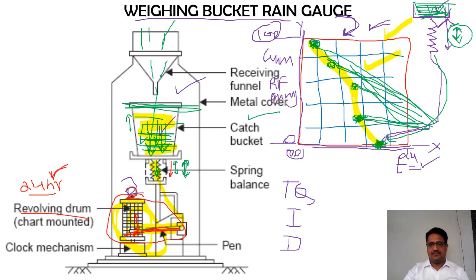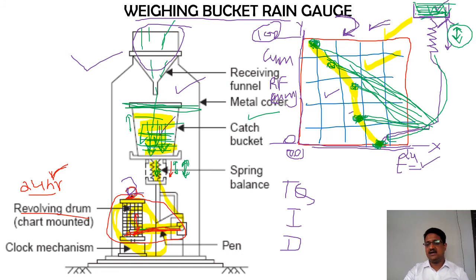Right now, in this slide I have just shown you how this graph is created through these rain gauge stations. How to read this graph, I am going to explain in the further slides. I hope I am clear. Just now I have explained how these graphs are produced through the rain gauge stations, that only. How we are going to read this particular graph, I will explain in the further slides.